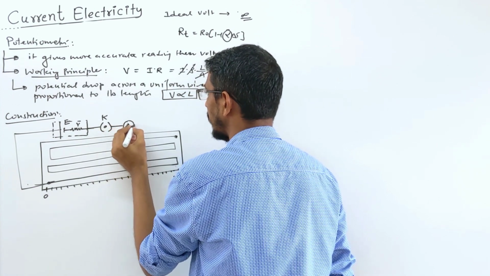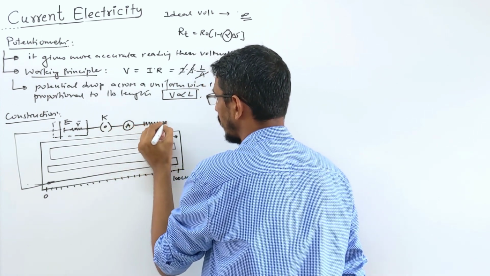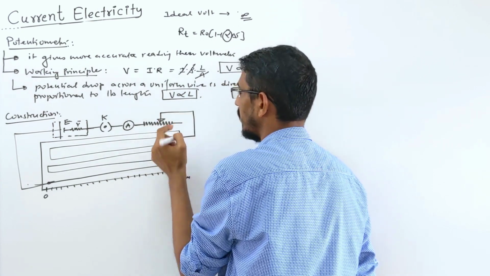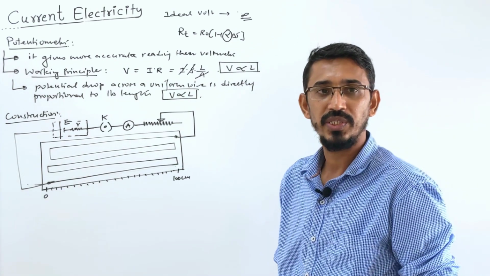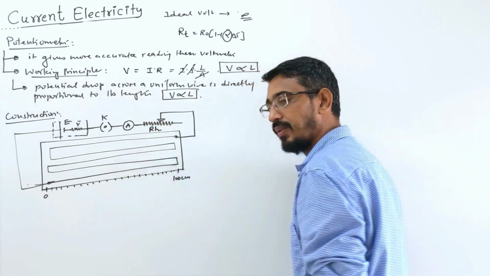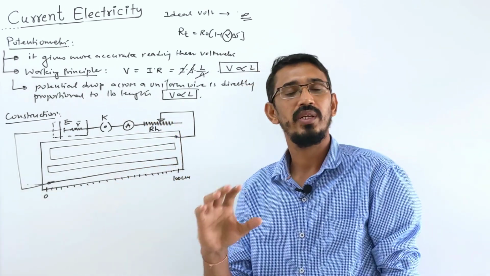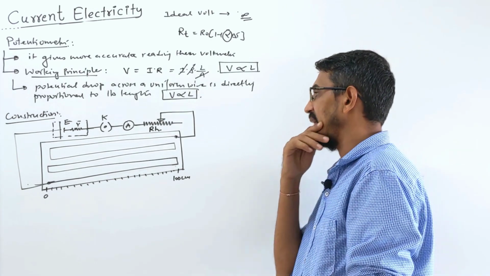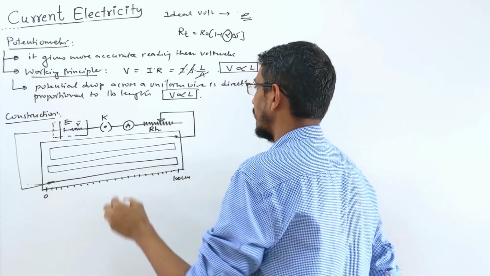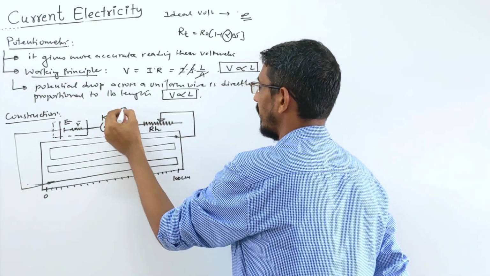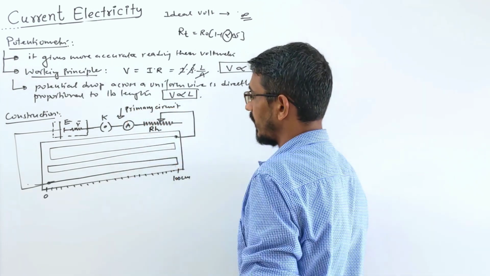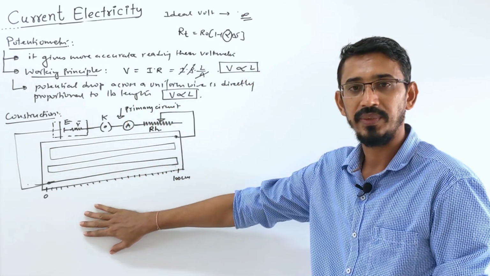You have an ammeter to measure current, then a rheostat to control your current. The rheostat we show like this, this symbol means variable resistance, so you can change the current in the circuit. We write the symbol RH, okay, rheostat. They can call it a rheostat or a resistance in series, that's all. So this is called the primary circuit, and this is fixed. Then the secondary circuit will connect down here, okay.